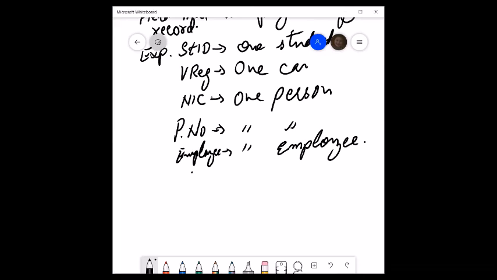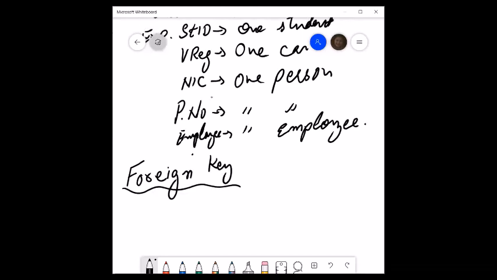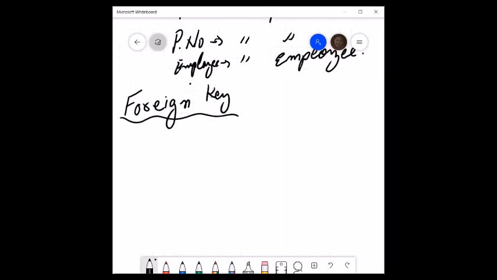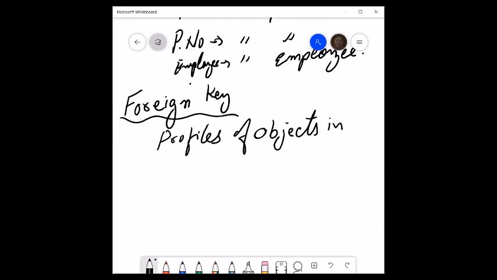Now, another terminology is known as foreign key. As I mentioned, in databases, we store the unique records. Normally, I call them profiles of entities, or let me say objects, profiles of objects in separate files,